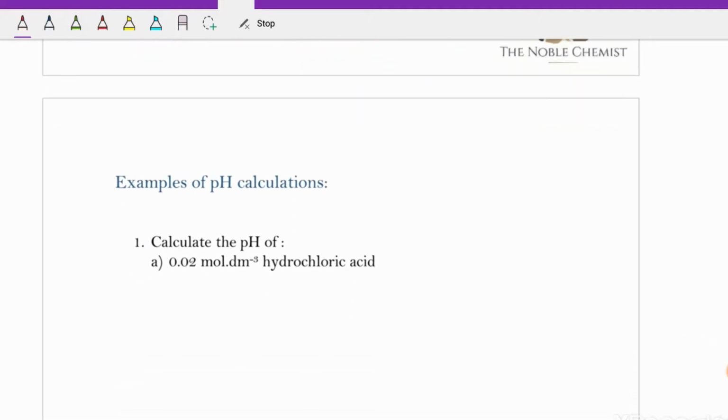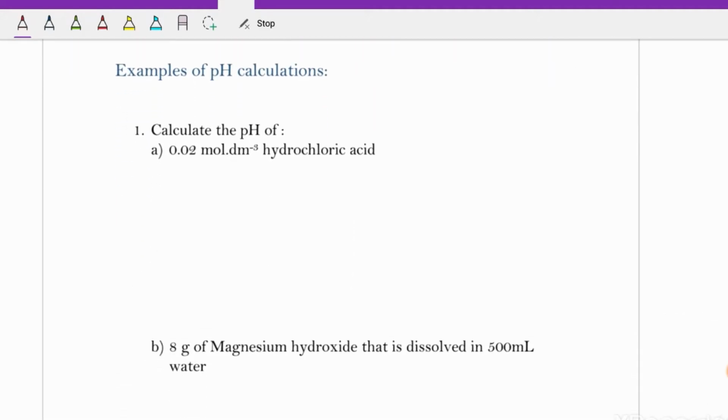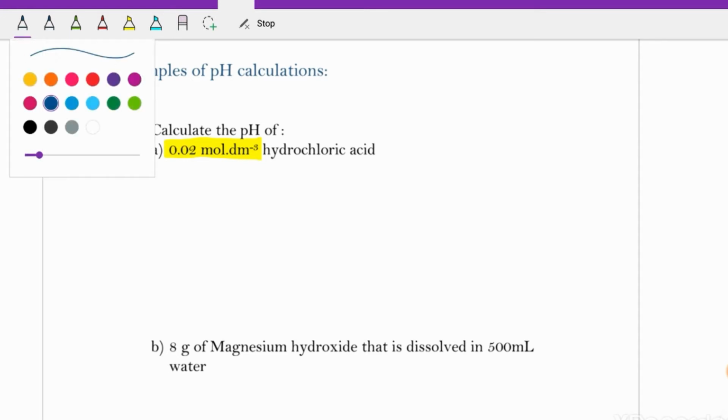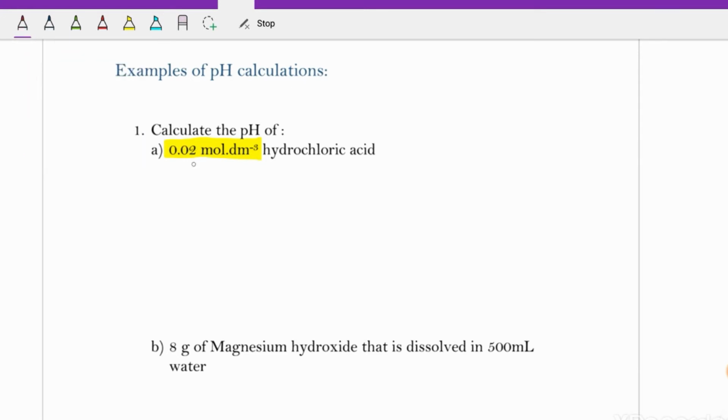We're going to jump into some of the calculations. So we will start off with the basics, and then as we go on, it's going to get slightly more complicated. So first example, calculate the pH of this concentration of hydrochloric acid. So you can see it's not as concentrated, it's quite diluted. I mean, if you're talking about 2 molar or 3 molar, and even higher than that, that's when we start going into concentrated acids. So the first thing you always do